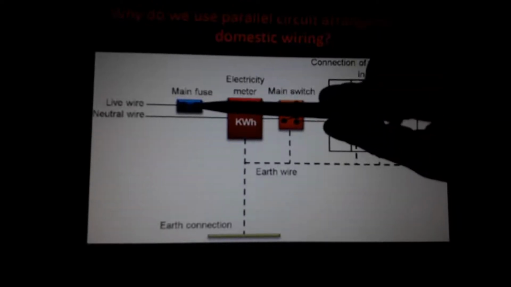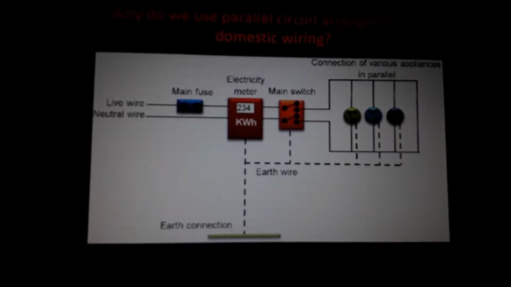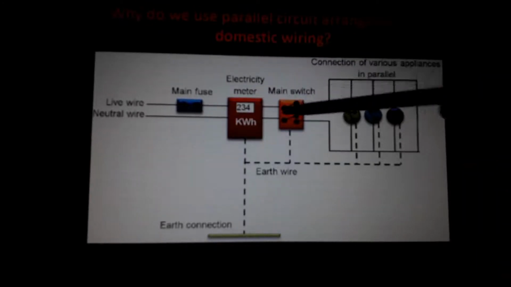But there is a problem with lead. Its melting point is very, very low. Melting point means the temperature at which a particular matter starts to melt. So the lead wire will break. The common copper we use for household wiring has a melting point a bit higher than the lead wire. So when high current comes, automatically this lead wire will break, and the connection will become an open circuit. So no current will pass through the appliances, and our appliances are very safe.